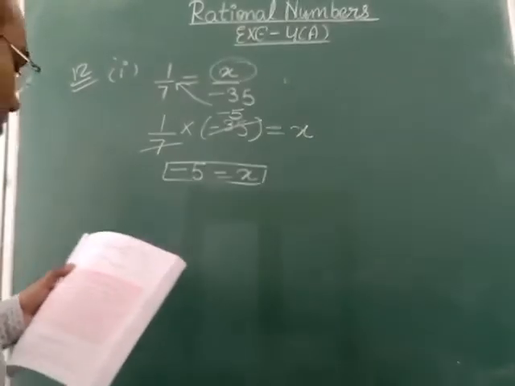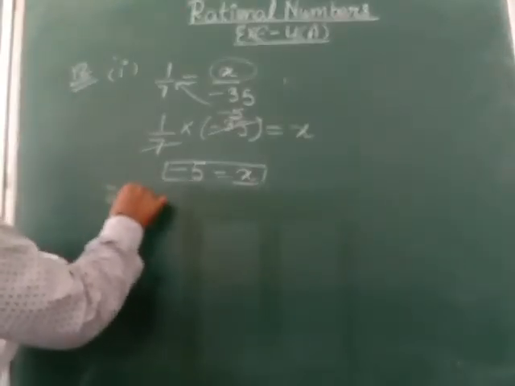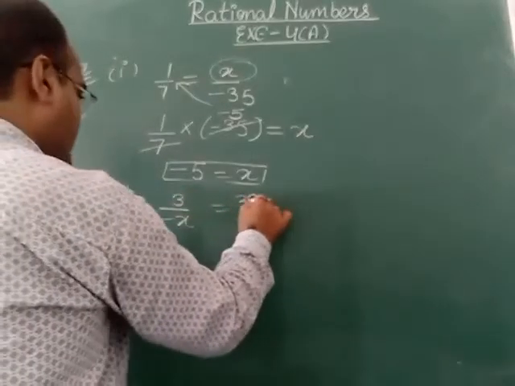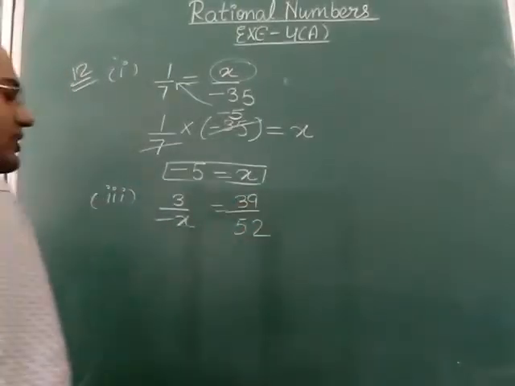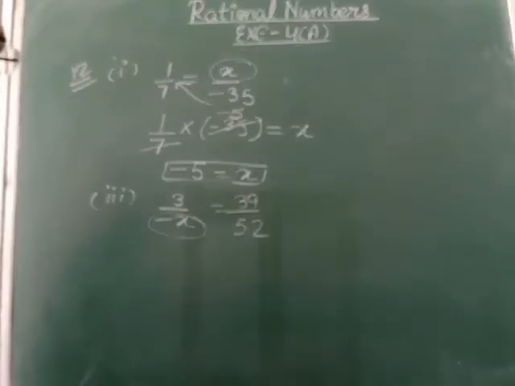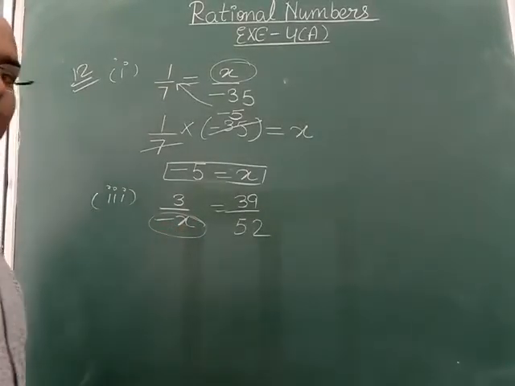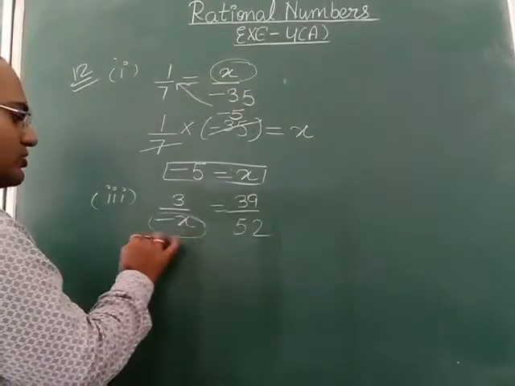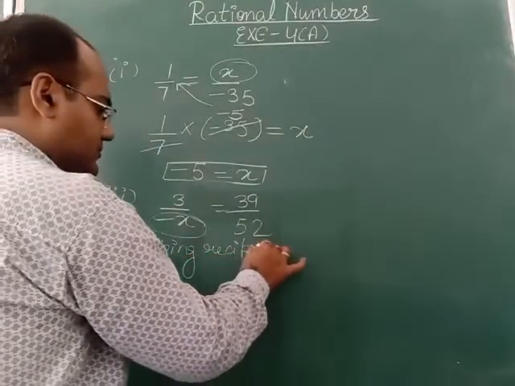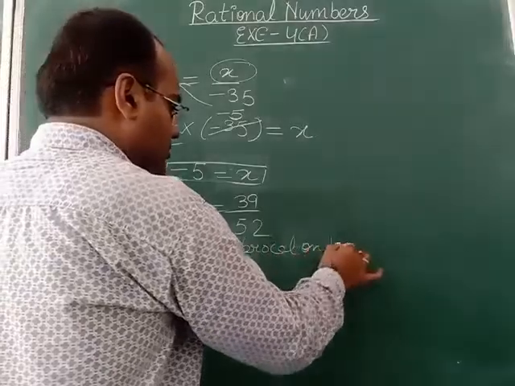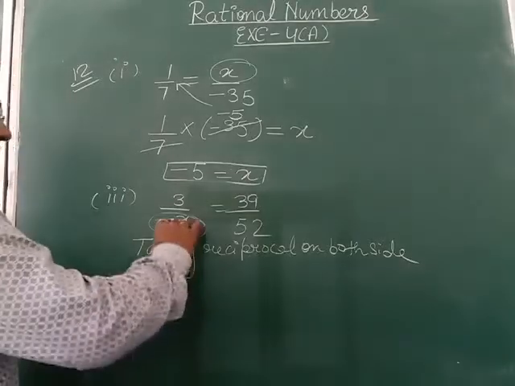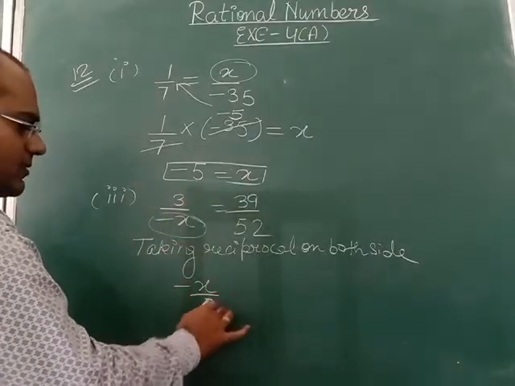See another part, number 3rd. 3 upon minus x equal to 39 upon 52. Here in this question, the x which we have to calculate is in the denominator. So the first step is we have to make this x in the numerator. So what we will do? We will take the reciprocal on both sides. So when we take the reciprocal on both sides, this will become minus x upon 3